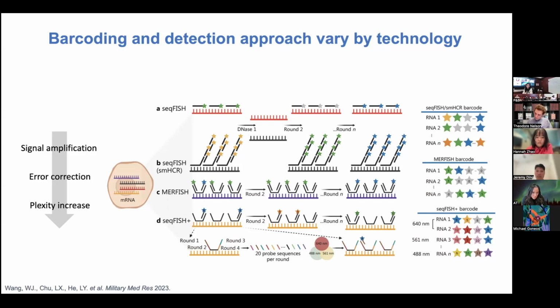And this is one of the groundbreaking technologies that a lot of people talk about these days, in terms of how they came up with the idea of not just probes that are targeting specific regions, but making those probes as barcodes so that we can capture and quantify them without a lot of errors, as if we were doing a regular FISH in a high multiplexity way. MERFISH was the first technology that went all the way up to 10,000 probes